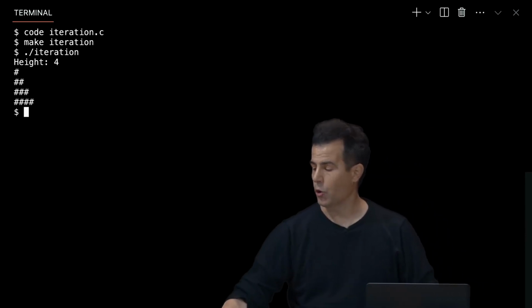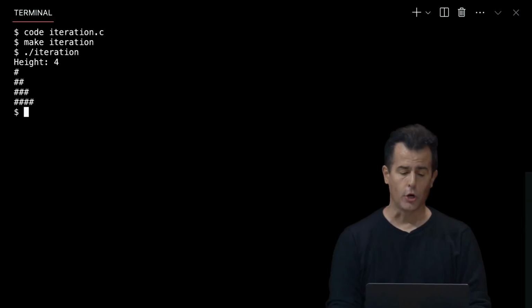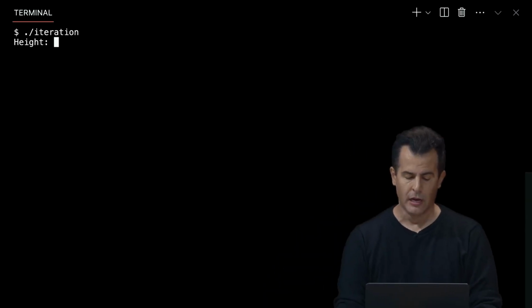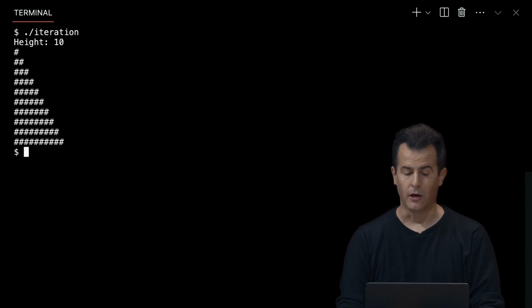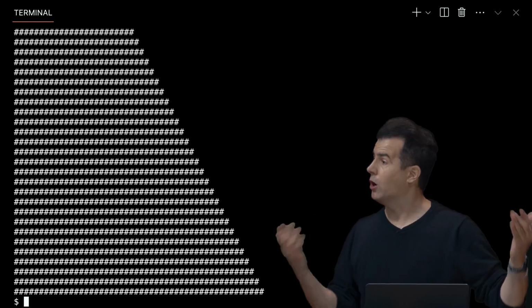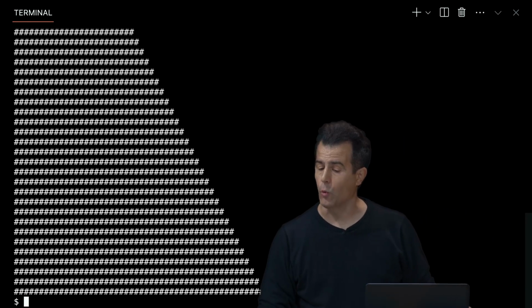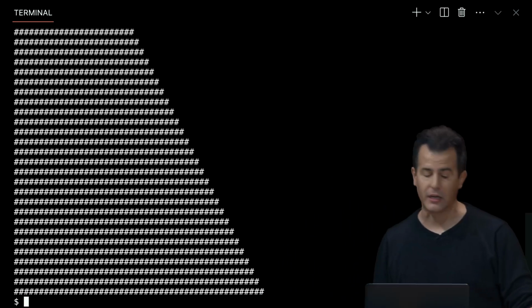And indeed, it's not quite to scale because these are a little more vertical than they are horizontal, but it essentially looks like that pyramid. And I can do this even larger. Let's do this again after clearing my screen. Let's do like 10 of these, and it gets bigger. Let's do like 50 of these, and it gets even bigger. It doesn't even fit on the screen, but it works. And that's an iterative approach, 100% correct, and similar to what you might have done already for something like week